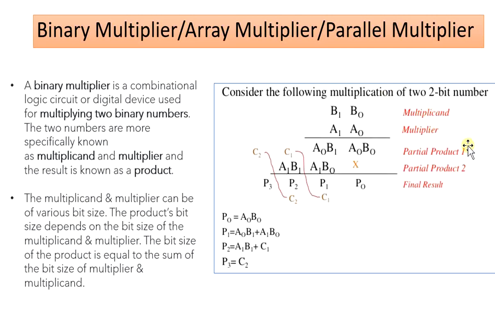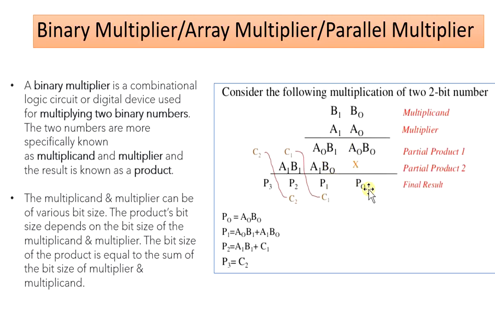So here you can see in this example, when you multiply A0 with B0, you obtain one term. A0 B1, you obtain another term. So these first two terms are called the partial product 1. Similarly, when you multiply A1 with B0 and A1 with B1, you obtain the next set of partial products. When you add the two partial products, you get the final product term or the final result, which is represented